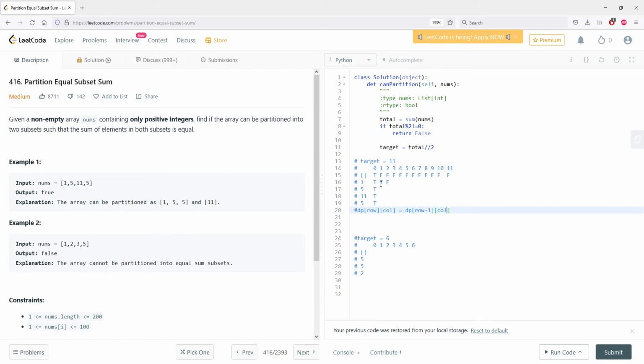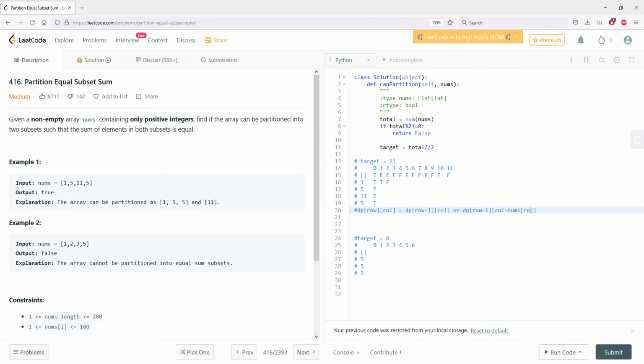First we check without including this value here, was this target already calculated, or if this is false, we also want to check now using this value, can we calculate to target? And how do we do that? Well, we take the difference of what we need. So DP row minus 1, because we want to check the previous calculations that just happened, and the difference of what we need. So it would be column minus